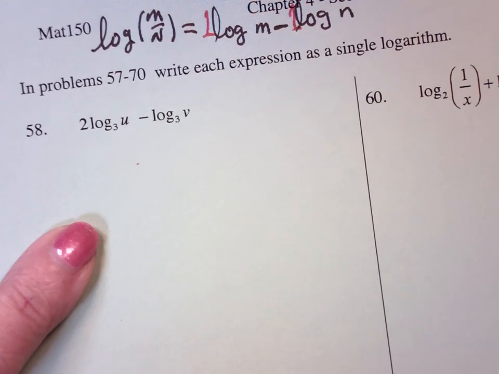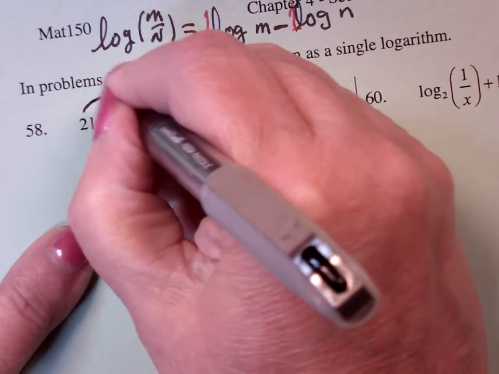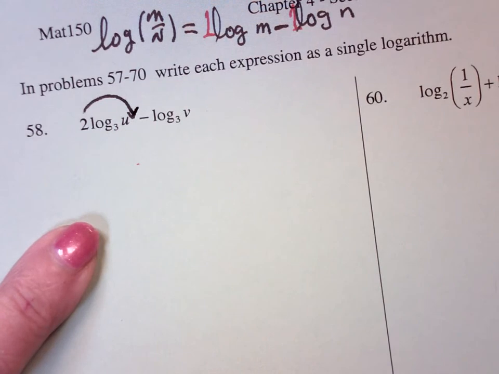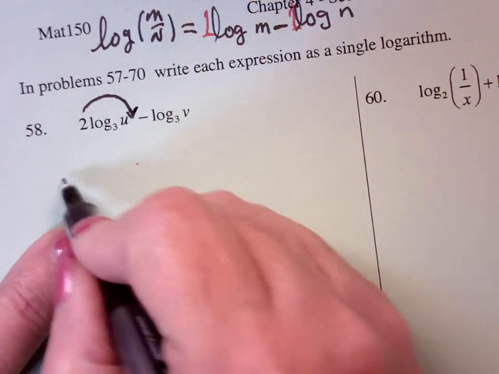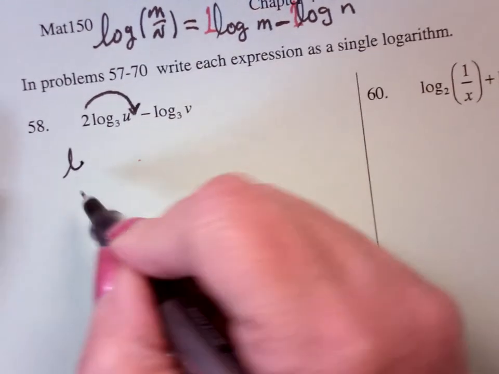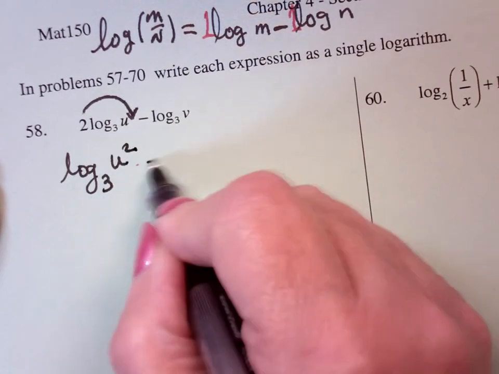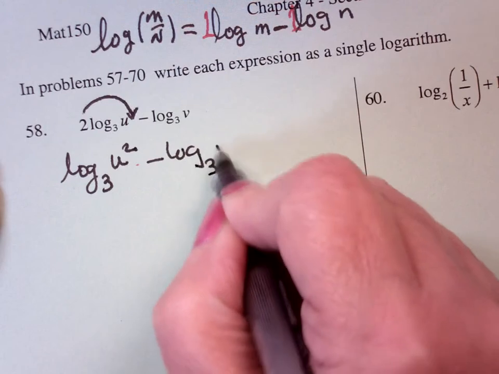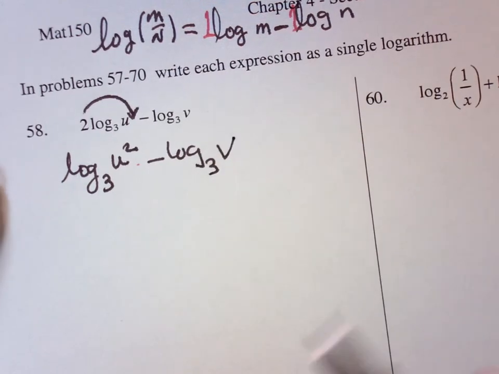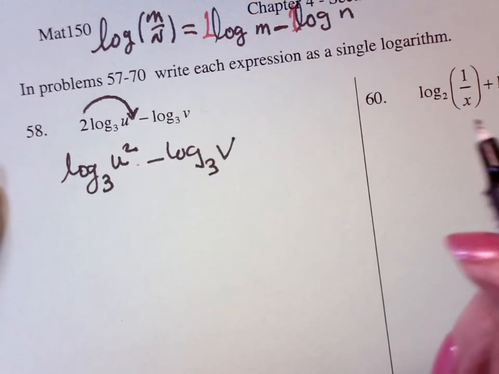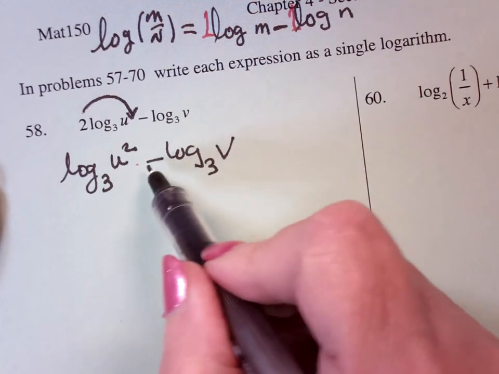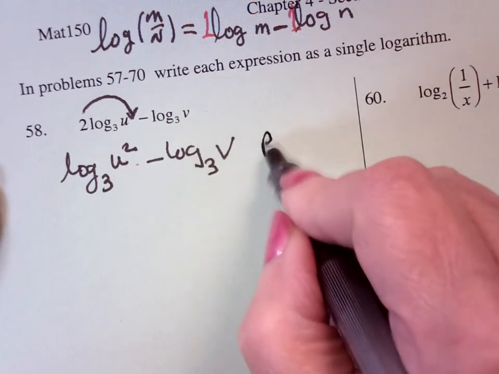So the first thing I have to do is I need to bring the 2 up, so it's going to be the reverse of property 3, so that this becomes then the log base 3 of u squared minus log base 3 of v. I hate using v's, but we use them a lot, unfortunately. And a subtraction, now this is property 3,